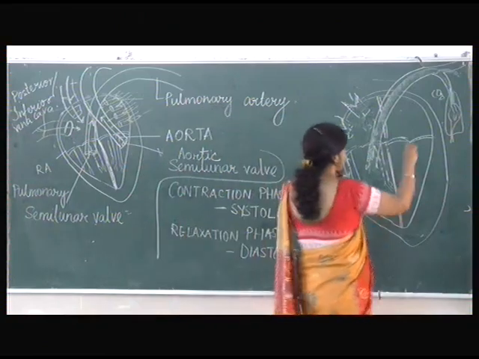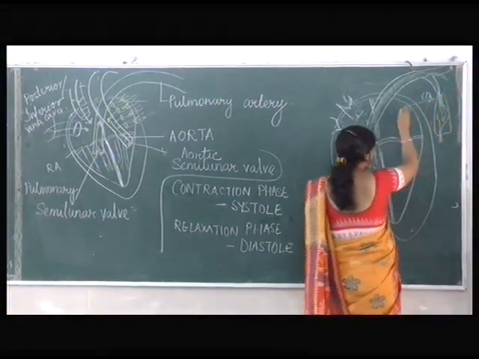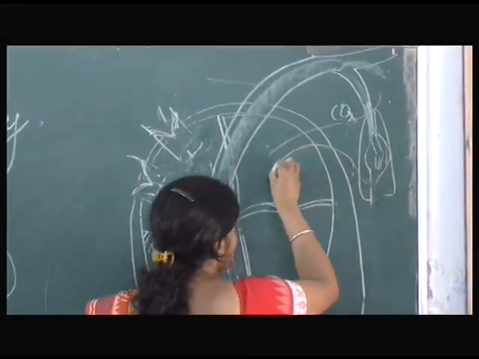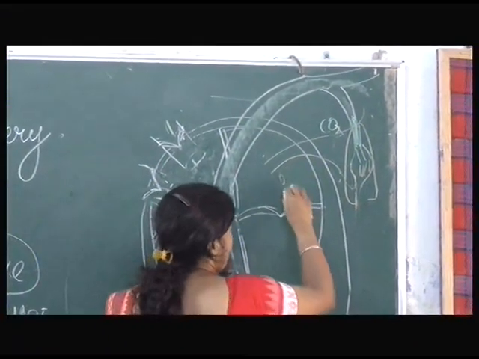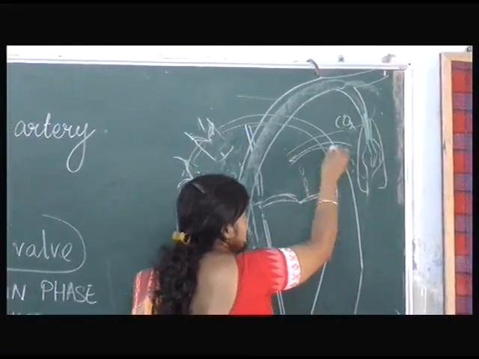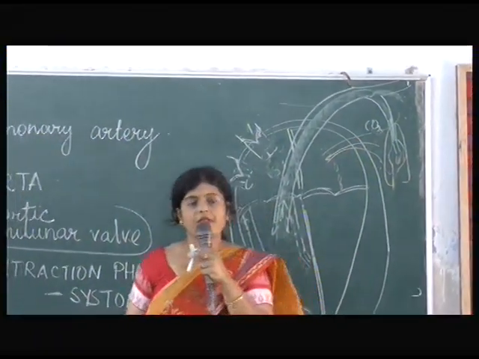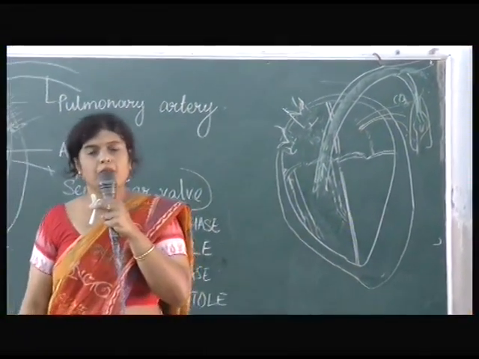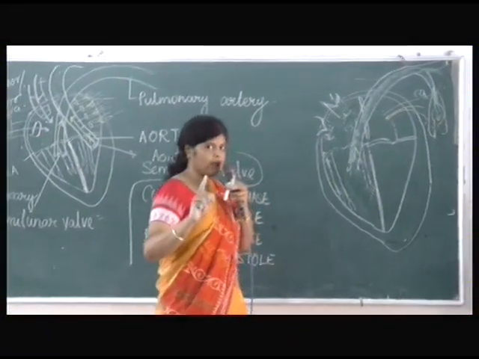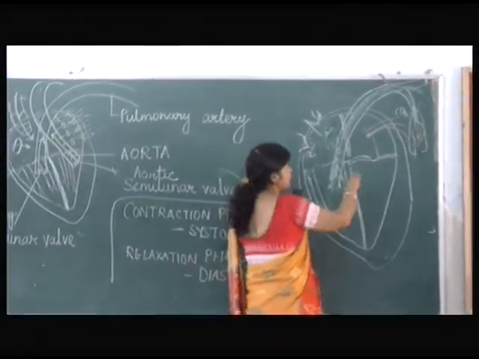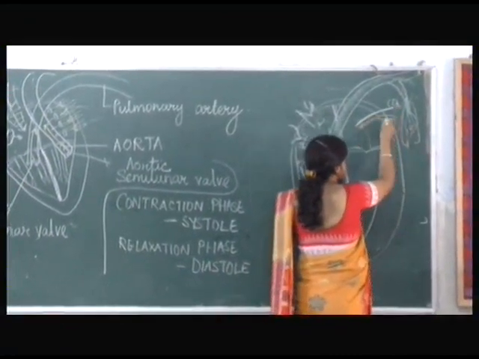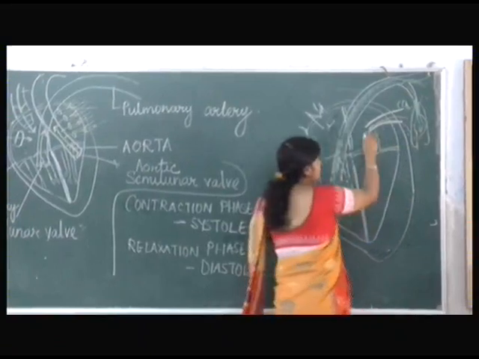Now the blood which is returning from the lungs into the heart returns through the pulmonary vein. I'm showing only 1, actually there are 4. Is it clear? 2 from each lung. So the blood which is entering is carried by the pulmonary vein. Why are we calling it a pulmonary vein? Because this is a blood vessel which is carrying oxygenated blood, but it is bringing blood towards the heart. That is why it is a vein. Is it all right?